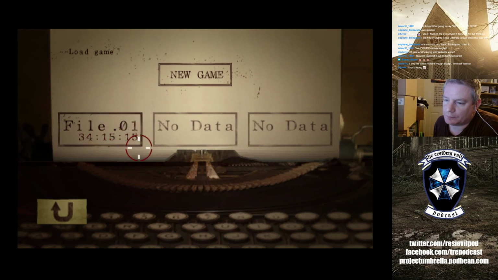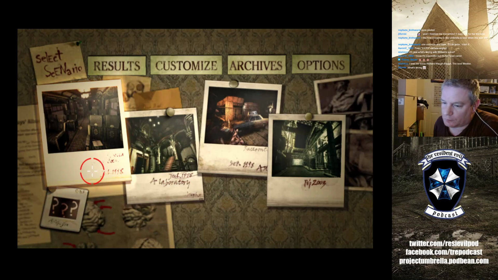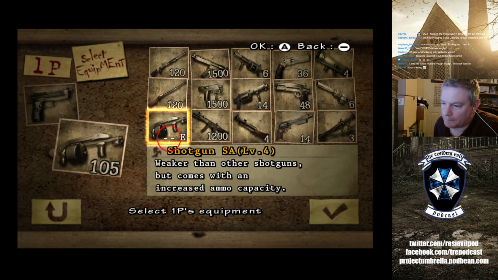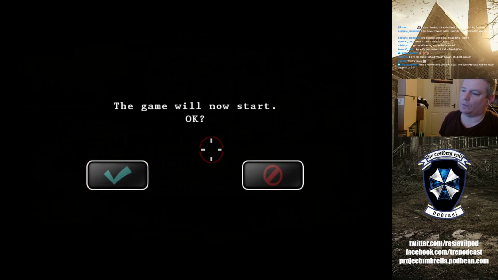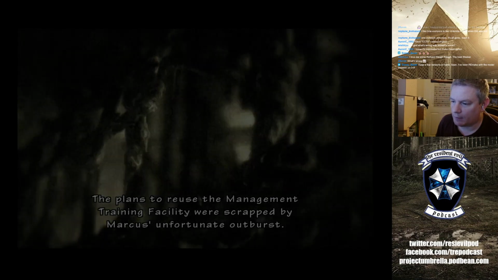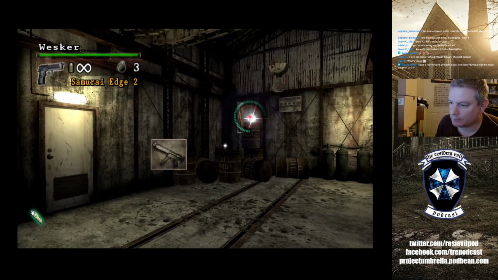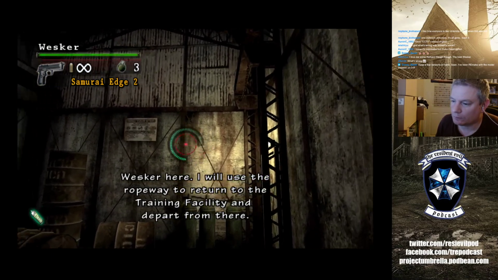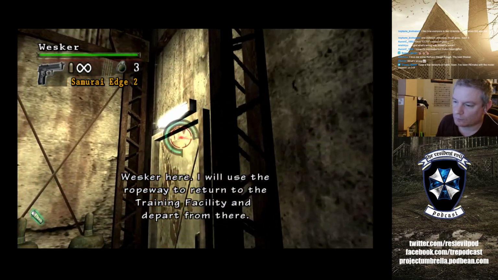Resident Evil, the Umbrella Chronicles. We'll just skip everything. Just skip everything. Skip everything. The plans to reuse the management. Yep. Wesker here. I will use the ropeway to return to the training facility and depart I don't even know from